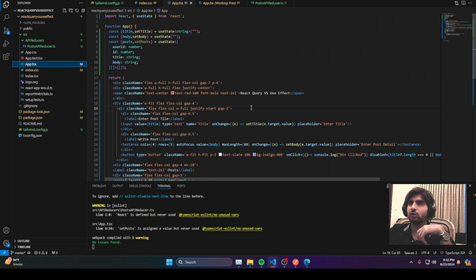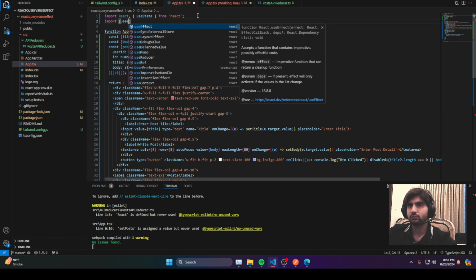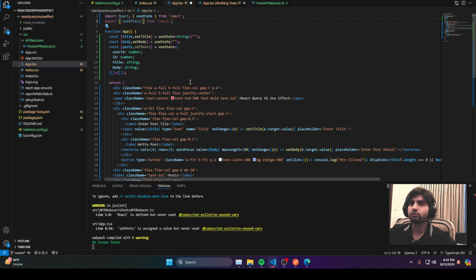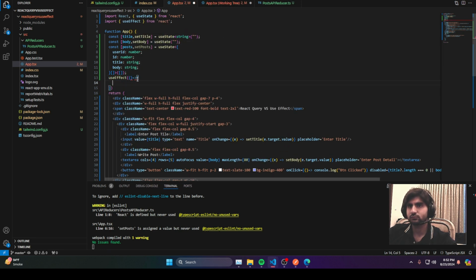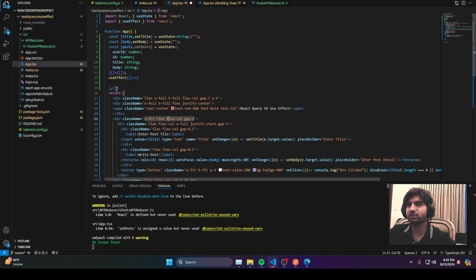Starting with the useEffect hook coming from React itself, let us import it first. Okay, so it's imported. Now what we have to do is use the useEffect hook. I've created this state to store the post as well. So first of all, let me create the useEffect hook. Right now I'm providing an empty dependency array to useEffect because I don't want to trigger it right now. I'll show you how add post works, and after that it will re-trigger the useEffect